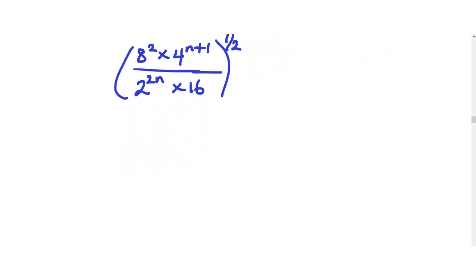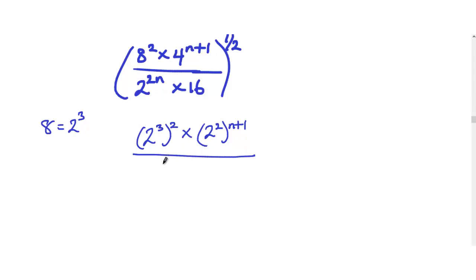So I can reduce 8 into this least possible base. 8 is basically 2 raised to power 3. So if I rewrite it down, 4 is also 2 raised to power 2 and stuff like that. So let's move on. We have 2 raised to the power of 3, and this is raised to the power of 2. You put it in bracket 2. Then times 4, that is 2 raised to the power 2 into bracket n plus 1. Then everything over 2 raised to the power 2n, right? Times 16 is 2 raised to the power of 4. Then everything raised to the power